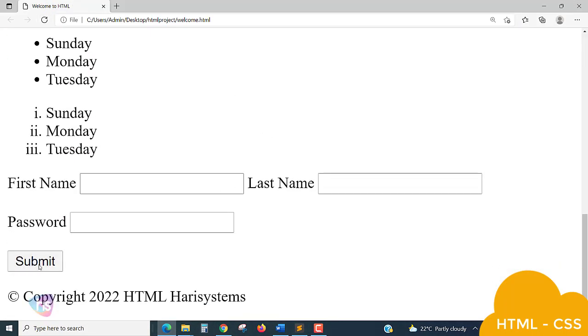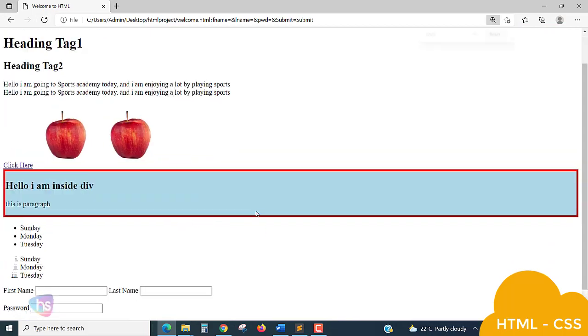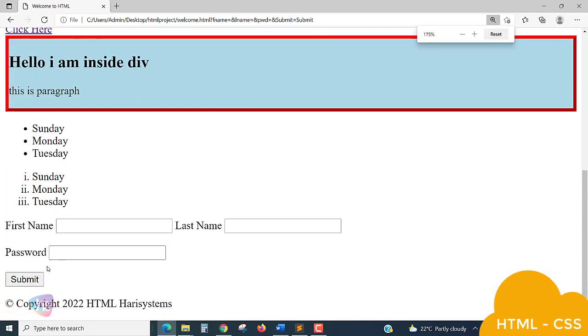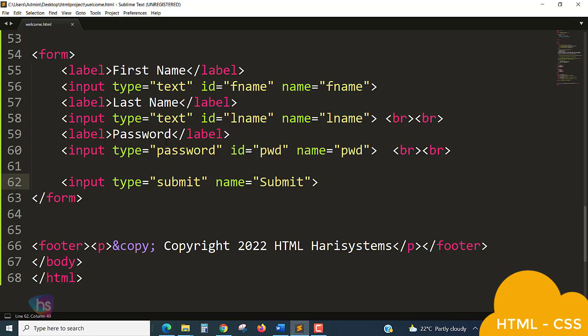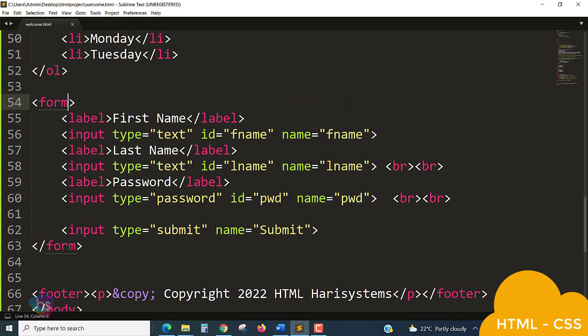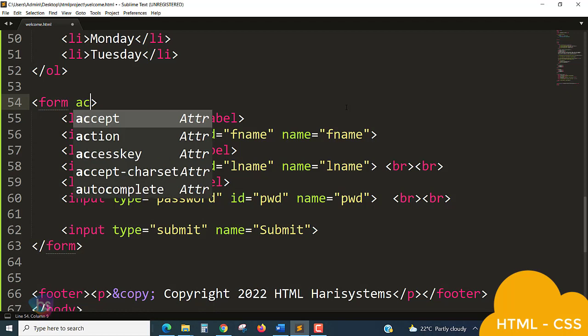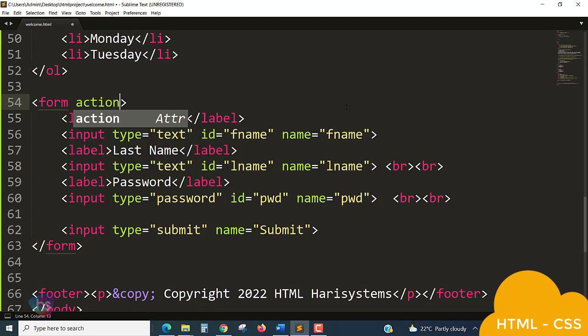Wow, the button is submit. How is it submitting? The button action is presenting. See the submit button. Alright, and here, particularly in a form, I am giving you a simple idea: if it is a PHP website, or you are pumping this data into a PHP open source site, you have to write here an action attribute. See, action, like tab. Here you need to write the